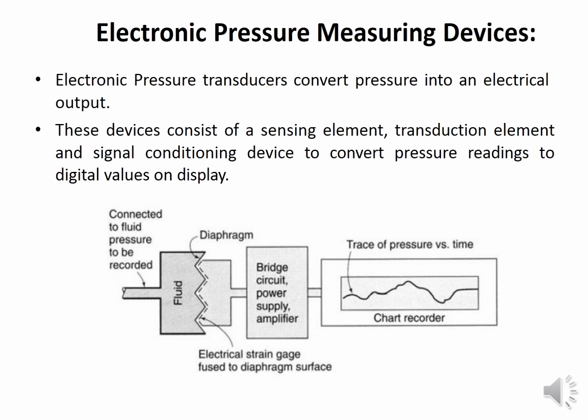So these are all digital electrometers. These devices consist of a sensing element, a transduction element, and a signal conditioning device to convert pressure readings to a digital value on a display. So these are the pressure measuring